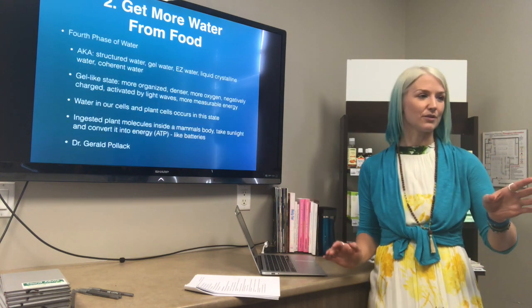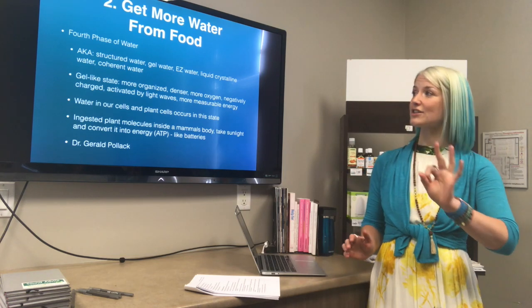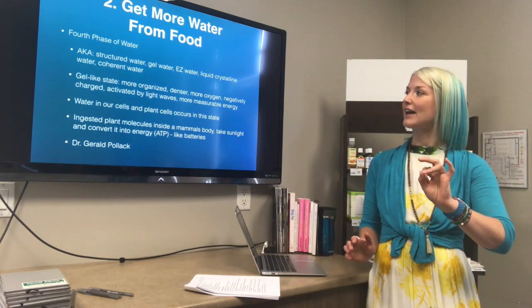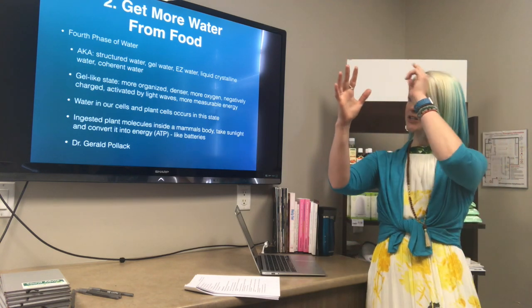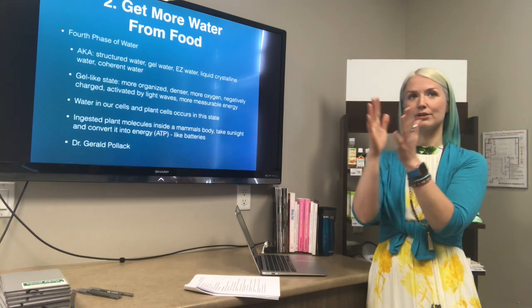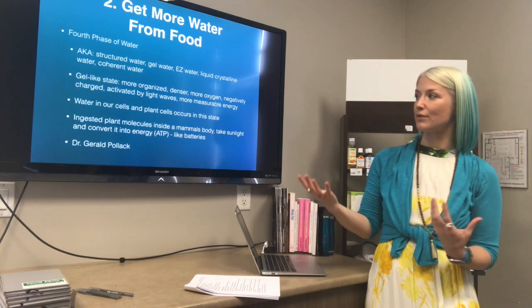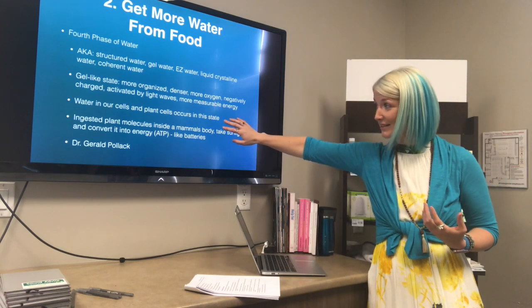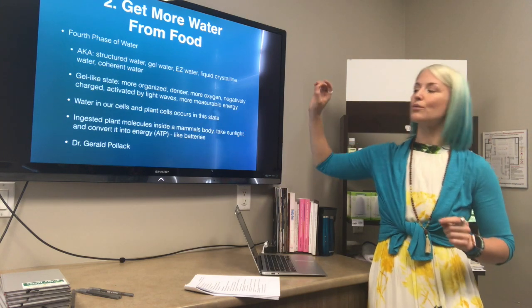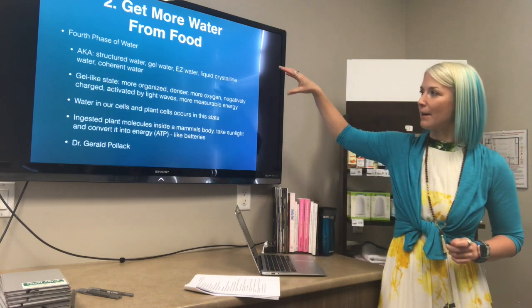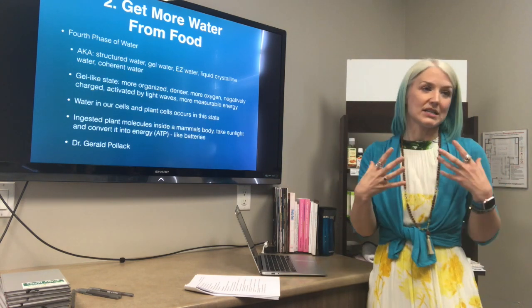So we know the 3 phases of water, right? Solid, which is ice, liquid, which is water, gas, which is steam. There's actually a 4th phase of water that they've identified. Essentially what it means is that the water molecules are all lined up with their charges. They are better able to conduct electricity. They are better able to be absorbed into our cells. So the water in our cells and the water in plant cells are already occurring naturally in this state. So when you drink water that's in this 4th phase, this gel phase, your cells can more easily assimilate it.